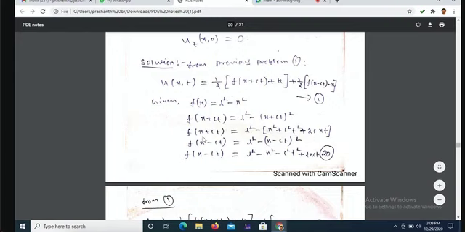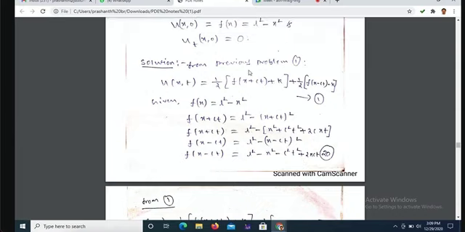So x minus ct means what? L square minus (x minus ct) whole square. (a minus b) whole square formula again you apply. a square plus b square, you multiply by minus sign there, minus 2ab, so that multiplied by minus sign, so that plus 2ct there.